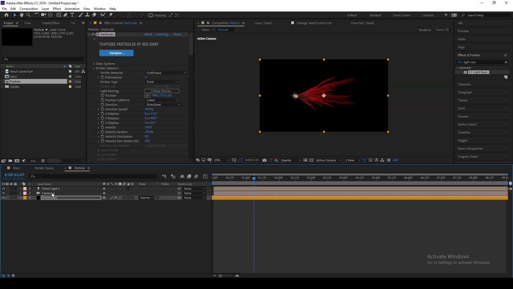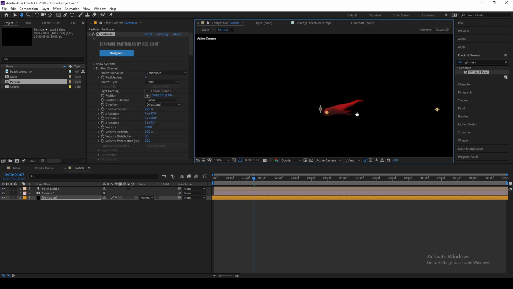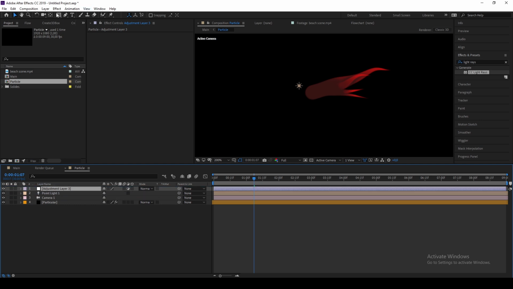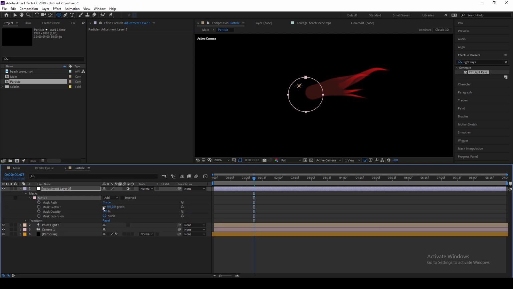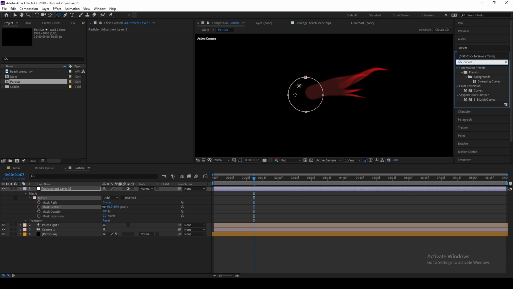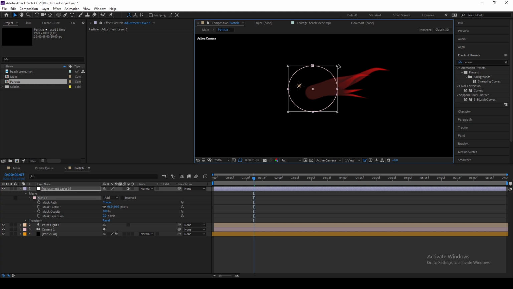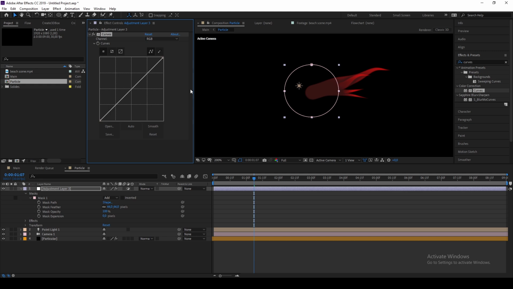To fix this, we're simply going back to the particle layer. As you can see at the tip of the boy right over there, we're going to create a new adjustment layer, and then mask around it. Just mask around it, turn the mask fader up, and then add a curve into that. The reason for this is we make the boy at the beginning here much brighter, so that the light ray is going to look brighter, and we don't need to do way too much color matching or compositing later. So we're just going to set it like this, put a curve into that, and make it brighter,